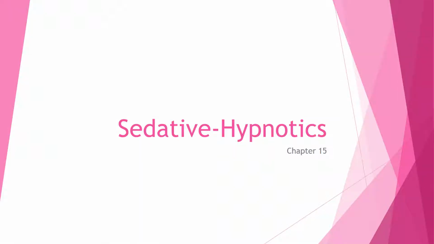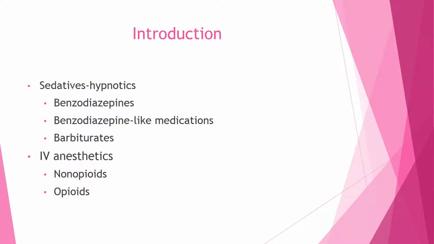The last chapter in this set will be Sedative-Hypnotics, Chapter 15. For introduction, they're on page 117. There are three categories that we're going to look at: benzodiazepines, benzodiazepine-like medications, and barbiturates. These help to induce a sense of calm and decrease anxiety. The hypnotics are CNS depressants that will